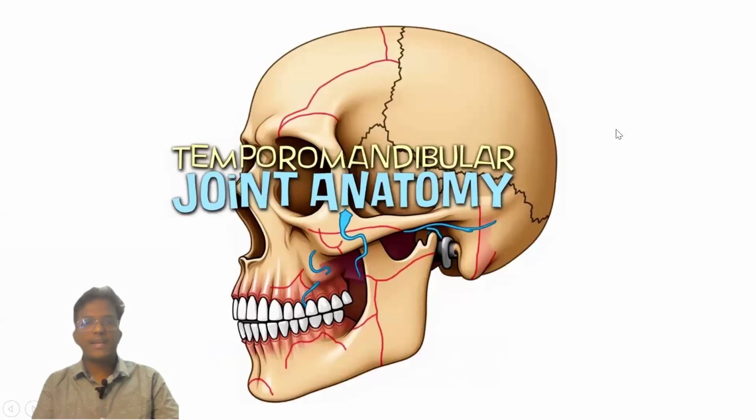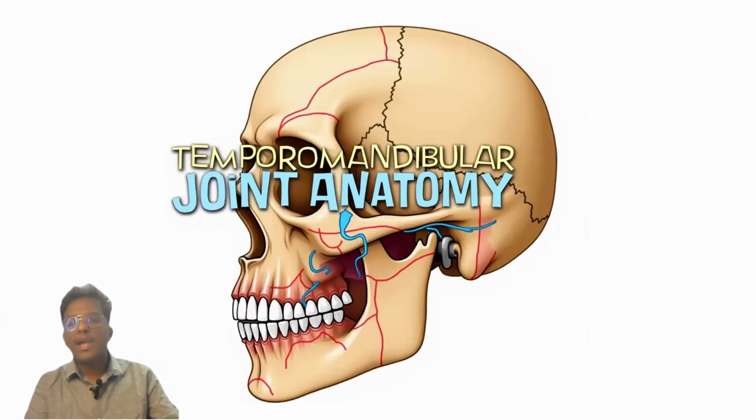Today, we are here for the discussion on the topic of temporomandibular joint anatomy. Firstly, we should know why we have to study. In the skull, there are 3 joints that are movable, but only one joint is voluntarily movable. That is the temporomandibular joint. All the movements of the mandible are brought about by this joint, along with the muscles of mastication, the main muscles and also accessory muscles.